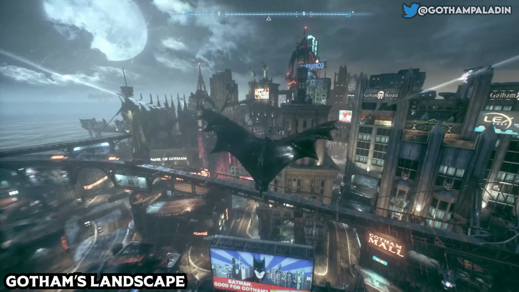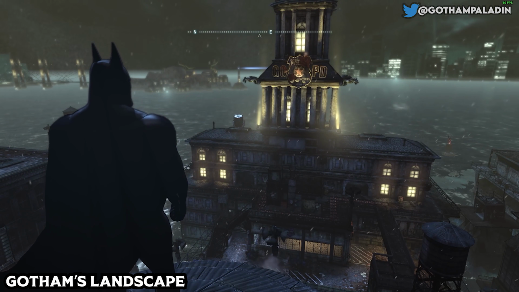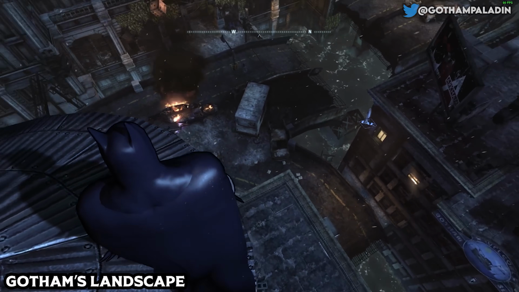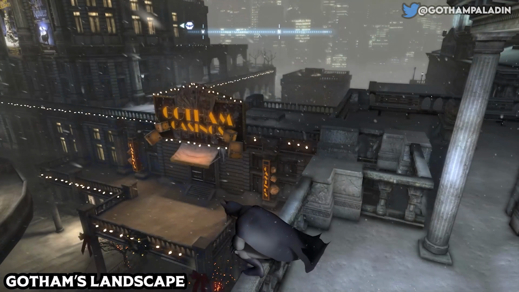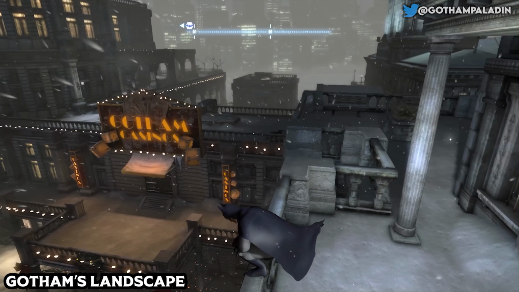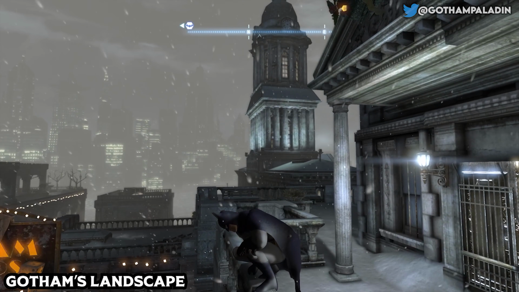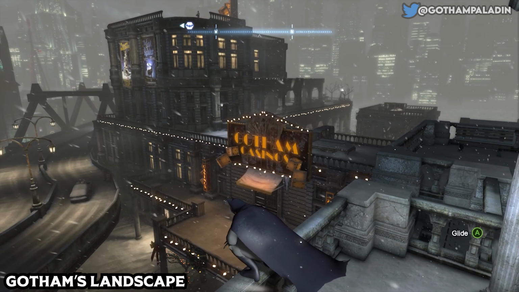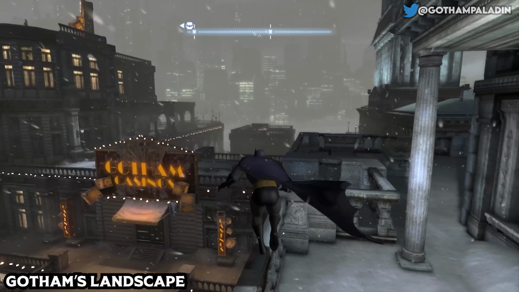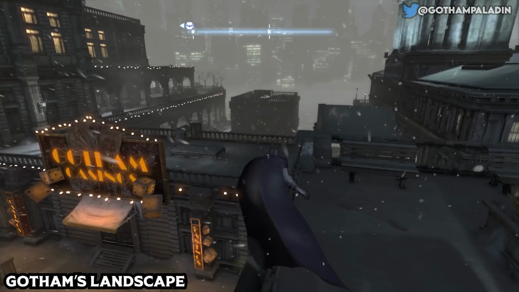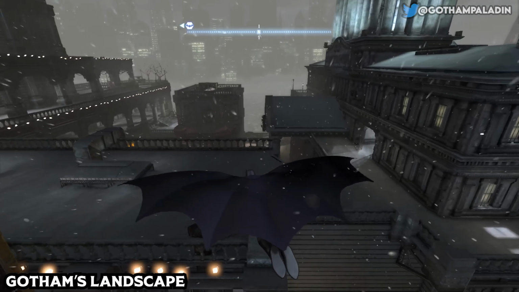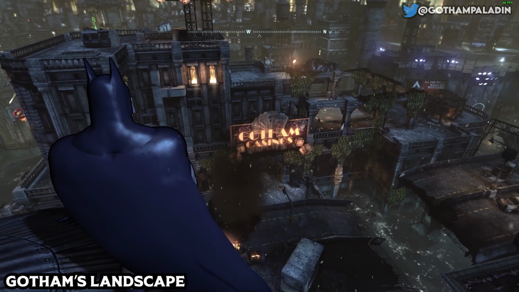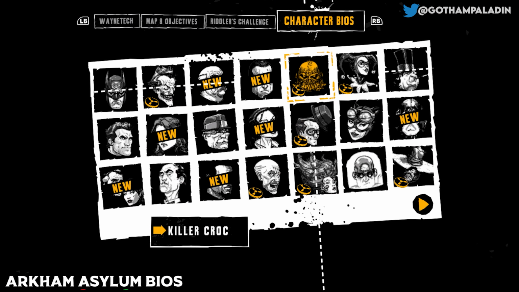Also, something else, some of the landmarks in Arkham City have changed in Arkham Origins. For example, the Gotham Casino in Arkham City has a road between it and GCPD, but the casino in Arkham Origins is right beside it, and GCPD here is a train station. This one I don't really think is a retcon, since buildings can change in that time span, but the casino in particular being right next to GCPD is funny. Like, did they just move that building somewhere else in Arkham City, right? That's kind of weird, but that is something I wanted to bring up so someone can be like, actually, in the comment section. But yeah, moving on to the next retcon, the Arkham Asylum bios.